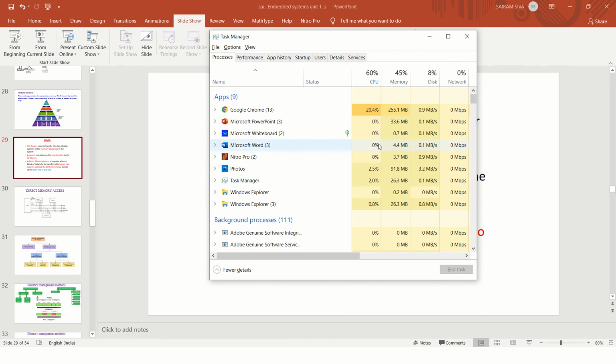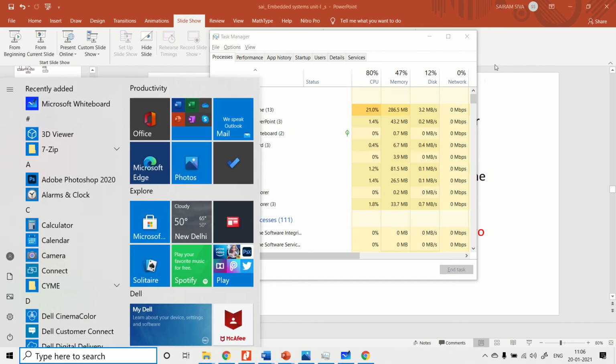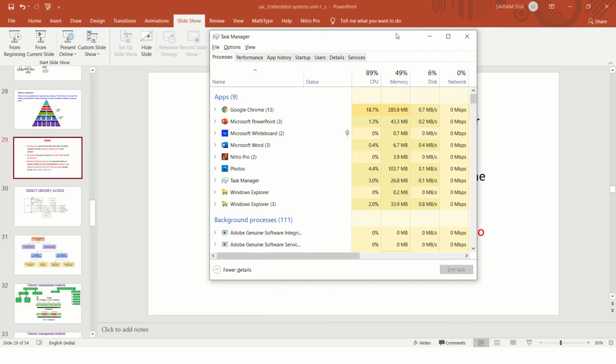Microsoft Word is at 0% CPU usage, and 4.4 MB memory is used. Now I am going to Word. I am also going to take a screenshot. That is Microsoft Word, that is 9 MB, 0.3%. I am going to take a screenshot. So right,